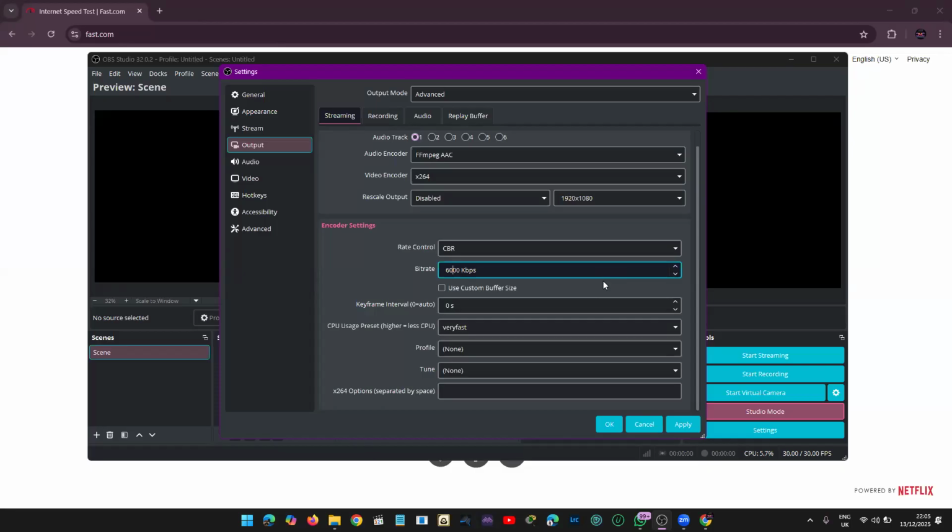But take for instance, if my 10 MB per second is a steady network,